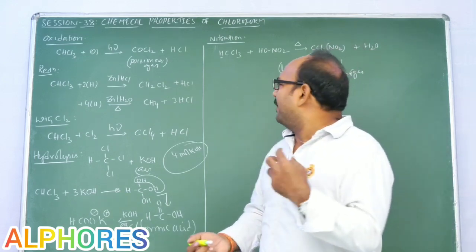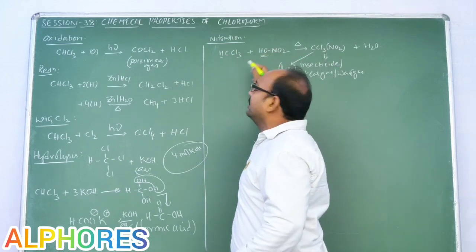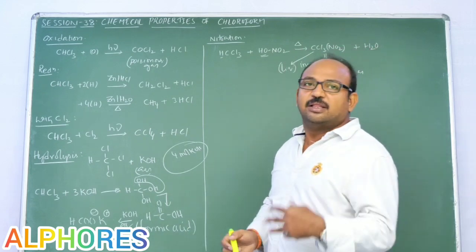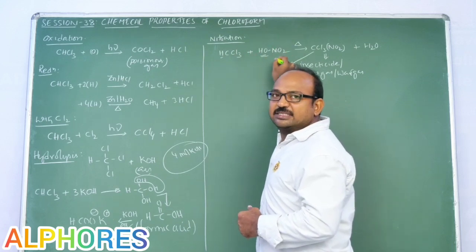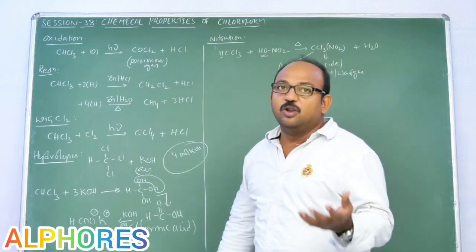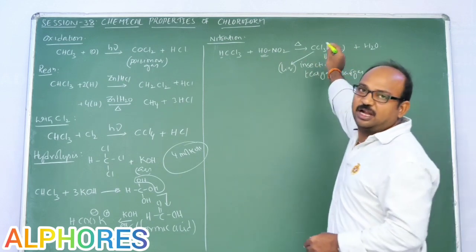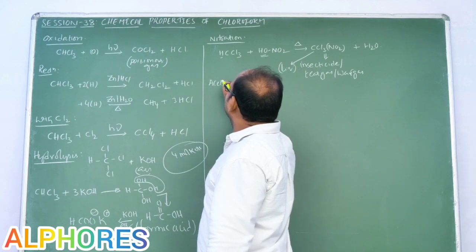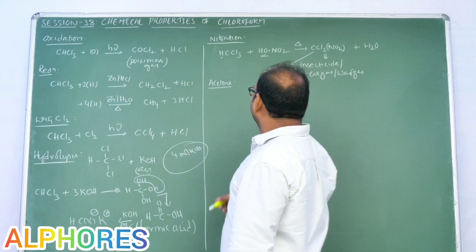Here, if you observe, chloroform furnishes H plus ion and nitric acid behaves as if it donates OH minus. That means chloroform acts as an acid and nitric acid acts as a base. It looks like an acid-base reaction, and you get a water molecule and a salt. A similar reaction occurs with acetone also.